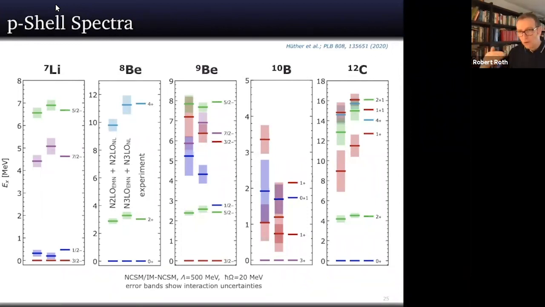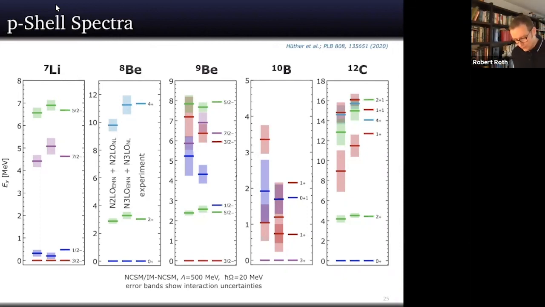Even the step to N4LO will be extremely difficult, because at N4LO, the 3-body force kicks up something like 7 or 8 or 9 additional constants, additional parameters that you have to determine. And you've seen how laborious it was to determine just 2 of them. If you have 8 or 10, this is something which really requires a different approach. So it will be getting difficult to go much further in the chiral order. But in principle, this is the way to go.